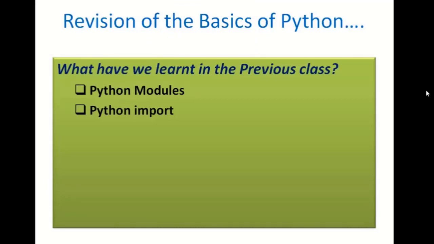In the previous class, we have learned about modules. We have seen what modules are, what is the use of modular programming, and how to use modules, the various functions which are defined within the modules, the attributes, and also we have learned how to design our own modules. And we have used the import statement to import the functionalities of various modules. We have also seen a simple math module, and we have used the function sqrt and the value of pi which is written within that module.